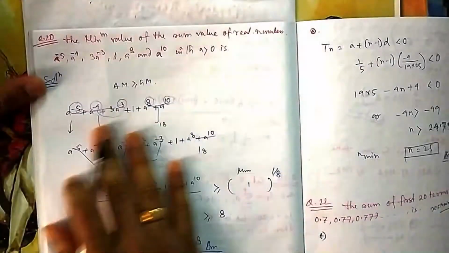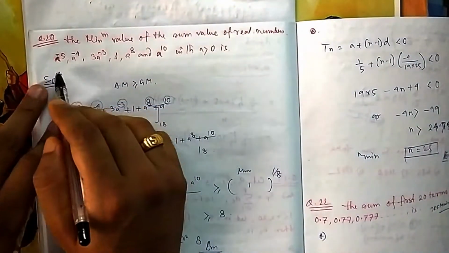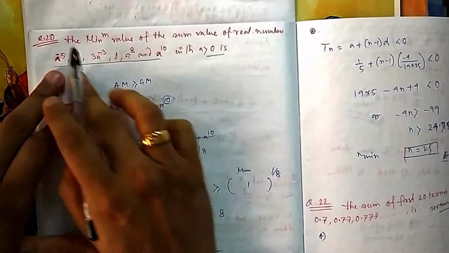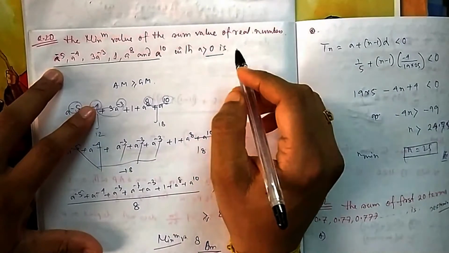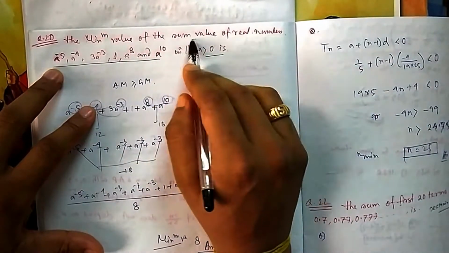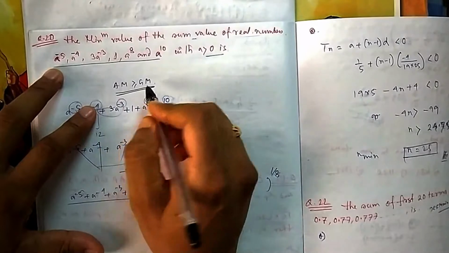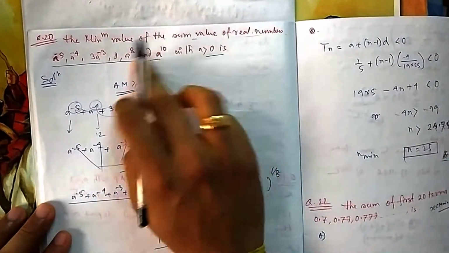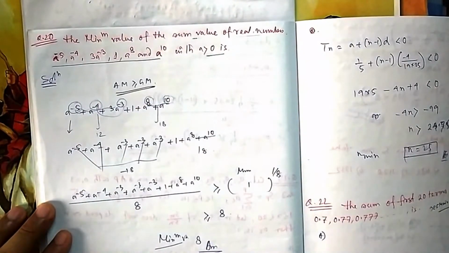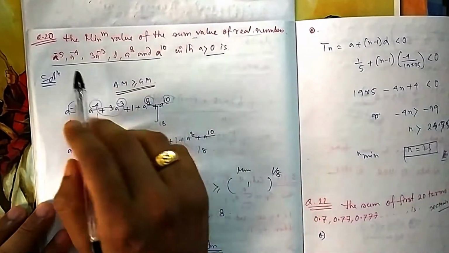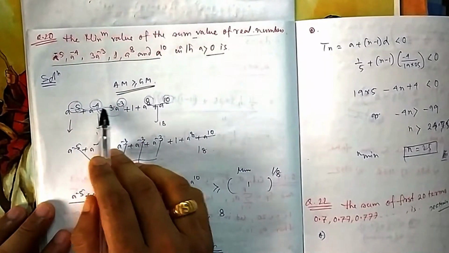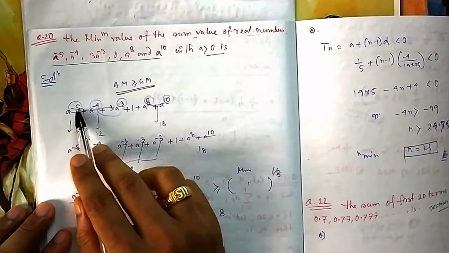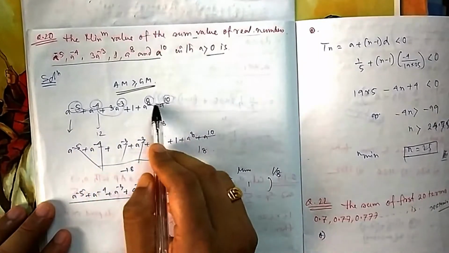Next, if you come to question 20, the minimum value of the sum whose real values are this, with a greater than 10. For finding a minimum value of a sum, you should always apply AM greater than GM, because it is not 1 or 2 numbers, lots of numbers are there. So how many numbers are there? From where will we get that hint? If you see the summation of all these powers: -4, -5, -3 and 18. So here it is already 5 plus 4, 9 plus 3, 12, and here it is 18.